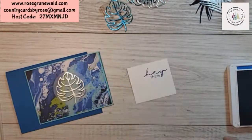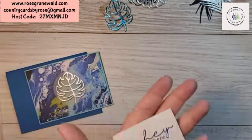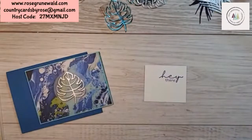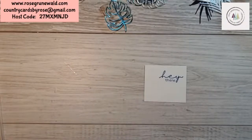Okay, and I just have a scrap of basic white here that I stamped in Pacific Point. I mean, I love the color of the Pacific Point in the ink. It's just so rich and bright and fun. I love it. I like it better than the paper. I don't know what it is, but